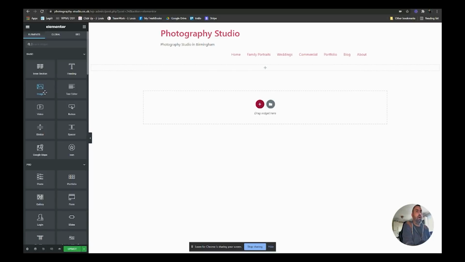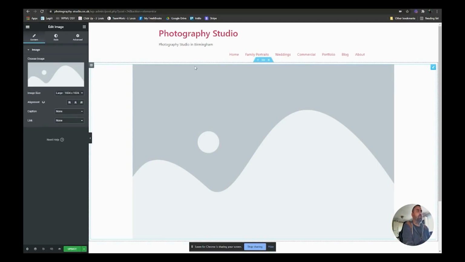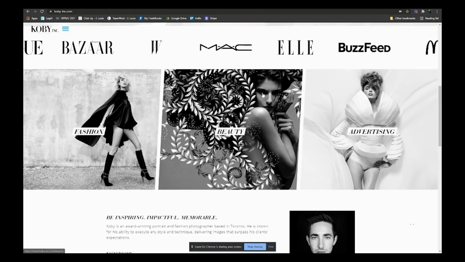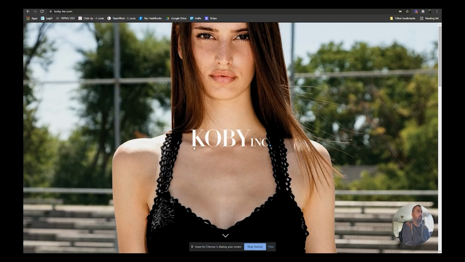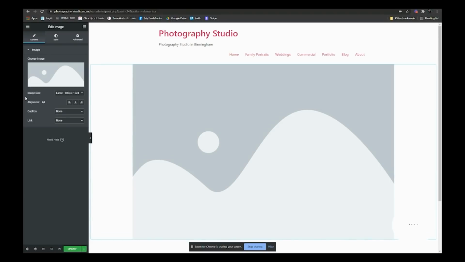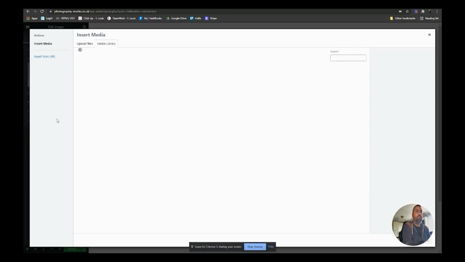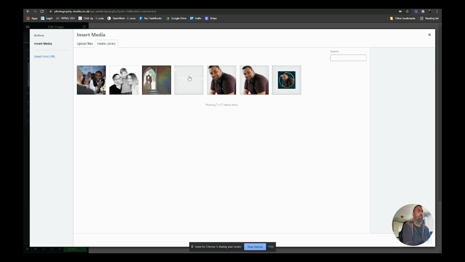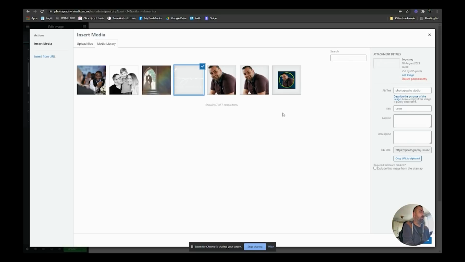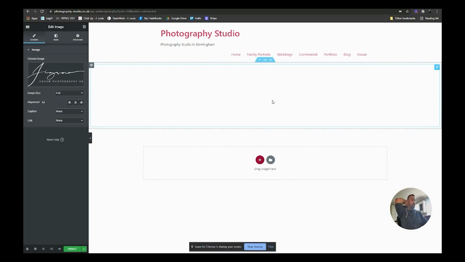I'm going to pick an image, because what we're going to try and create is the same as the Colby here, with the logo in the middle and then the background. But initially, what we're going to do is just drop the logo in. So we're going to change that to full. We're going to choose an image, and I've already uploaded a couple of images here, and one of those is the logo, and we're just going to insert that, and that means the logo's there, although you can't see